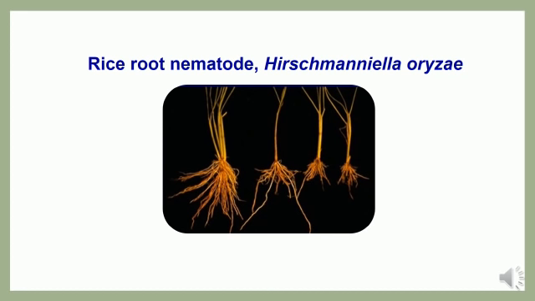It is a migratory endoparasite of the root. All stages of juveniles and adults are able to penetrate the root at any point, preferably just behind the root cap. The eggs are laid in the roots and juveniles hatch and develop in the cortical region. After hatching, the juveniles continue to migrate and feed within the root. The life cycle of this nematode is usually completed in 30 days.